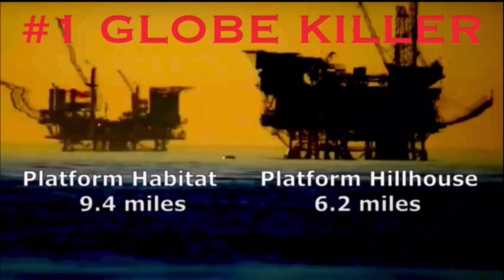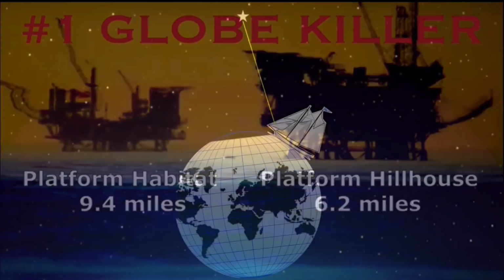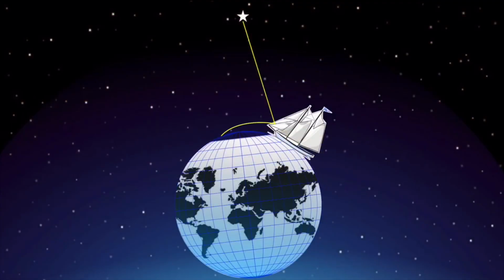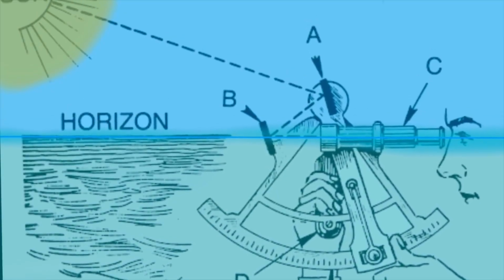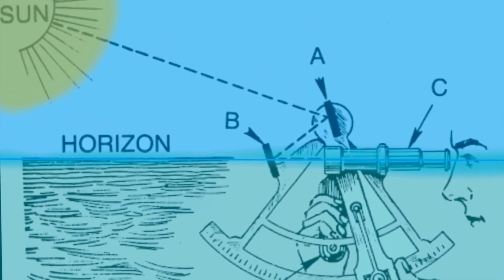But now the globe-believing zealots tell us that their horizon is refracted. It's not an actual horizon. So how do we have a tangent to a refracted horizon? When you're viewing a star on a globe, how are we measuring an angle to the horizon if it's refracted? You will never ever get an angle to a refracted horizon. This is a major problem if you think you live on a globe, because celestial navigation would be impossible.